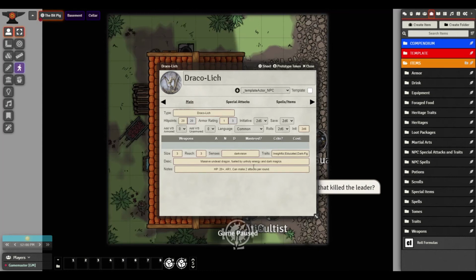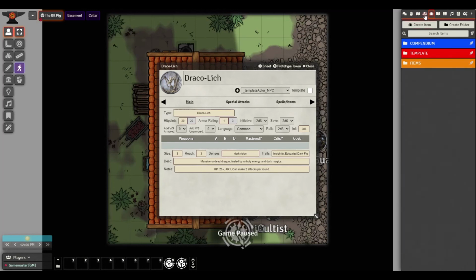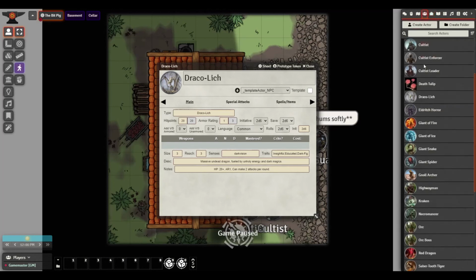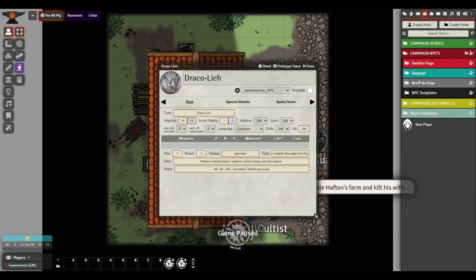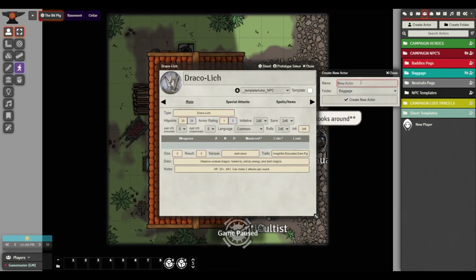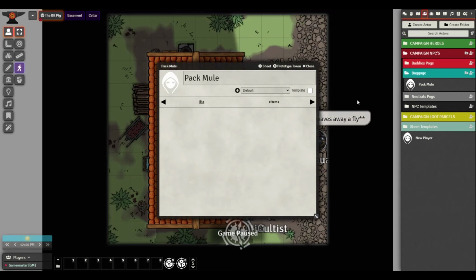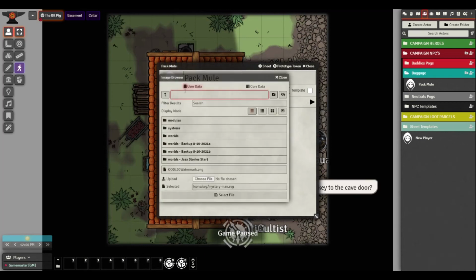And I'll show you my burden, my baggage sheet here real quick. Let me create one. Say you had a pack mule that you bought to carry all your baggage because you love to pick up all the weapons and armor scattered around from a battle and take it back and sell it. So you hired a pack mule. You would create your pack mule,